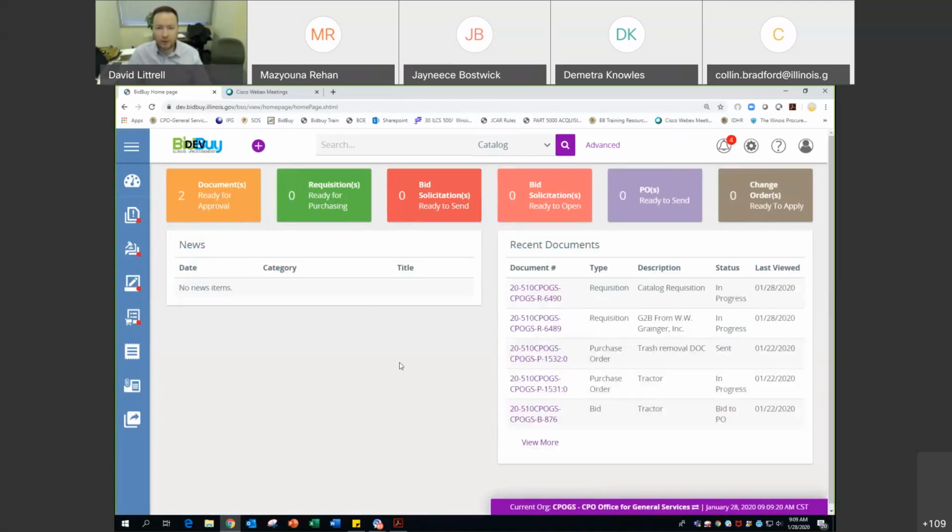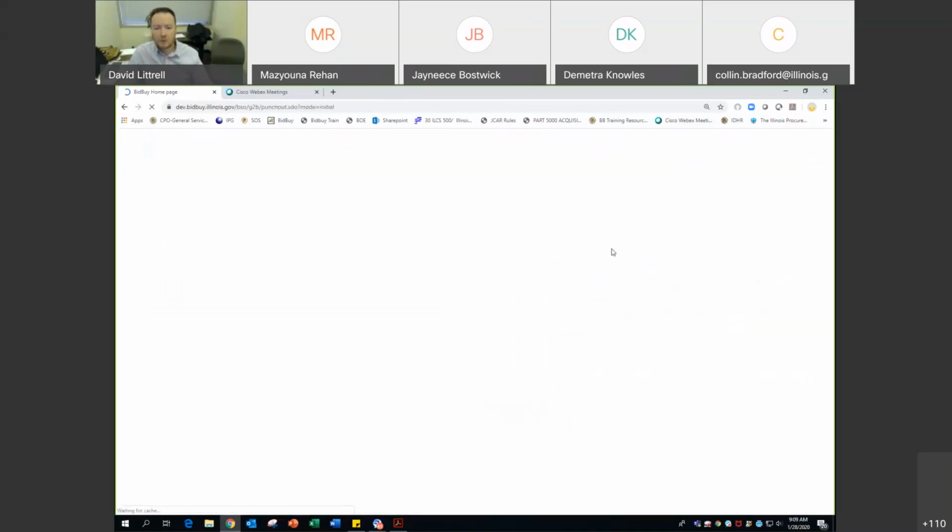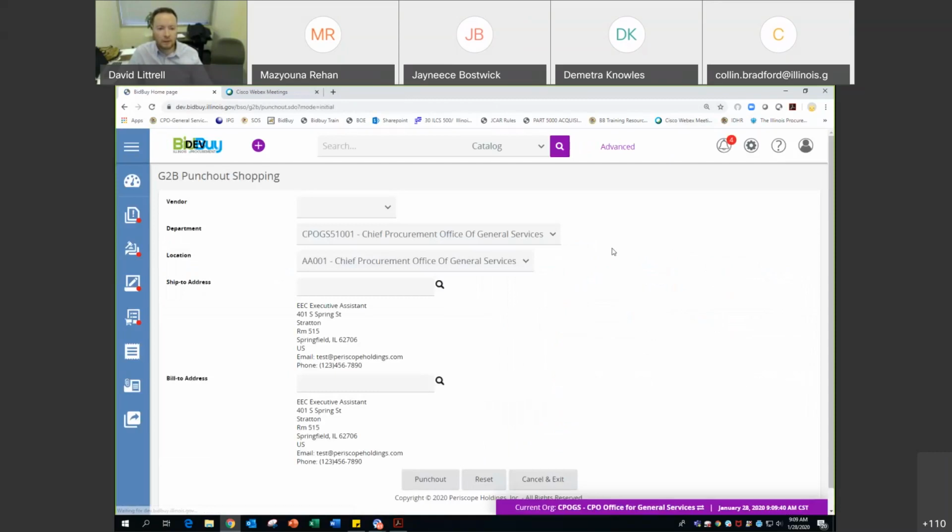Currently how it's configured in BidBuy is very similar. The only difference is you don't have a dedicated icon on your home screen. You actually have to select the settings. You'll get a little drop down, and then that G2B Punchout is right there. So I click G2B Punchout, and this is only for the Grainger contract. There is a potential that other contracts will be able to utilize this, but for right now it's just the